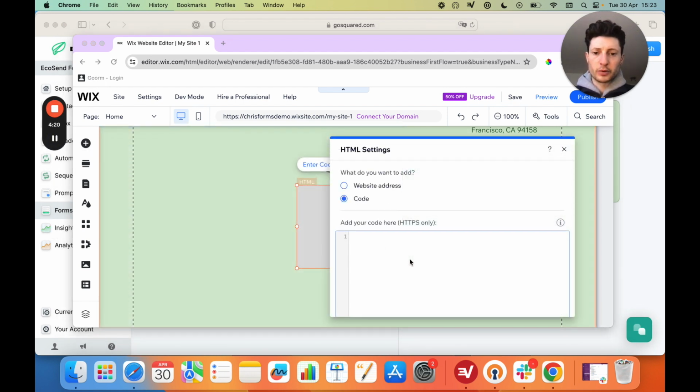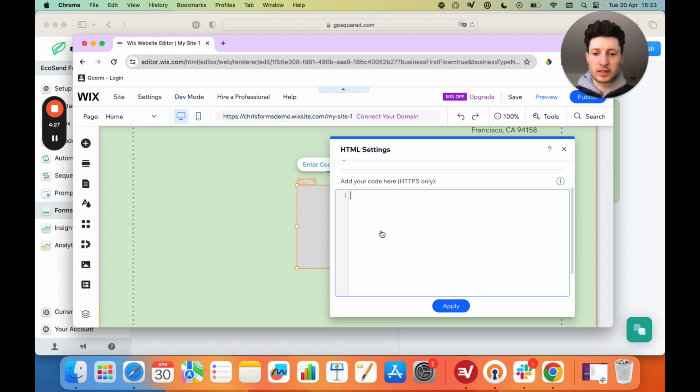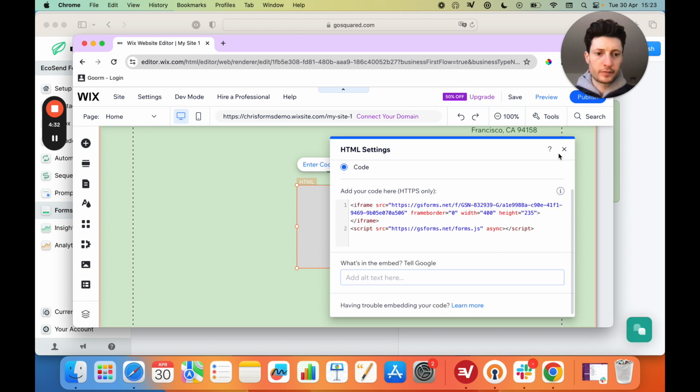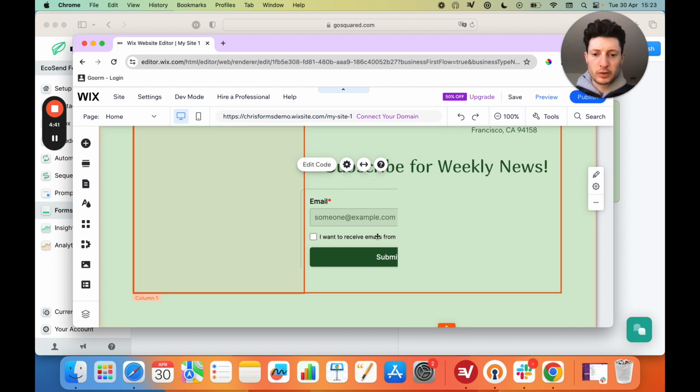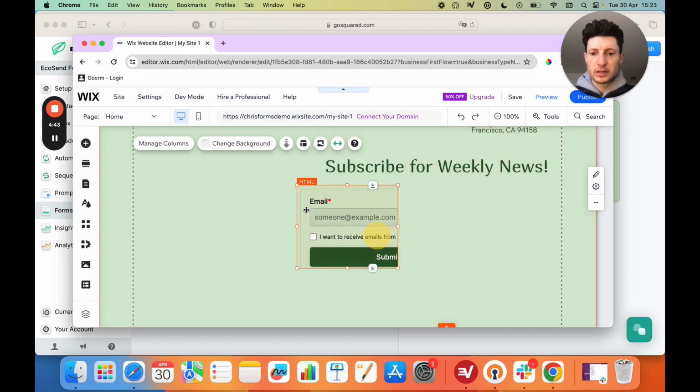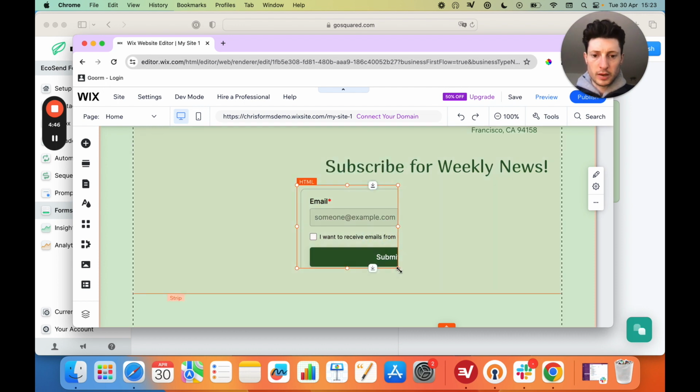Okay, so that's deployed the box, which we'll move in alignment in a second. First things first, so let's just paste that code that we copied earlier from EcoSend into the box here so we can deploy the form, and just click Update. And as simple as that, our form is now deployed within the HTML code. So we just need to do a bit of alignment to make that box a little bit bigger and fit in the whole form,